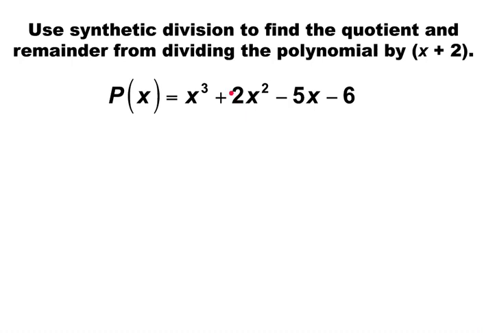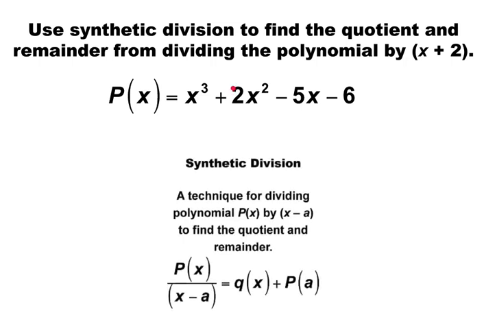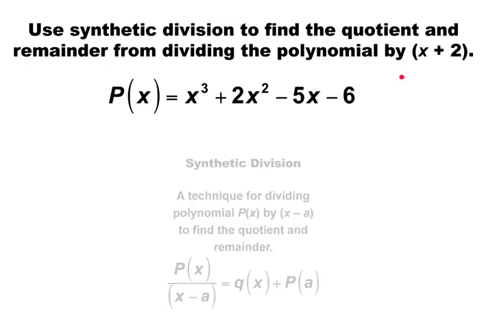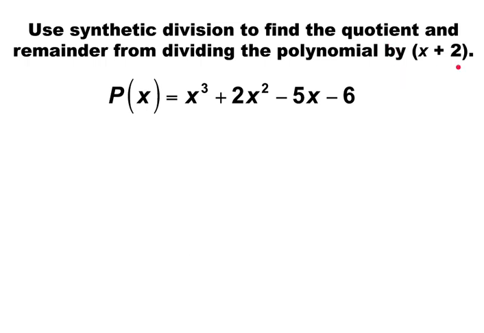Use synthetic division to find the quotient and remainder from dividing the polynomial by x plus 2. Synthetic division is a way of dividing one polynomial by a linear binomial to find the quotient and remainder. When dividing by a linear binomial using synthetic division, make sure the factor is written in the form x minus a. As you can see, x plus 2 is not written in this form, so we rewrite it as x